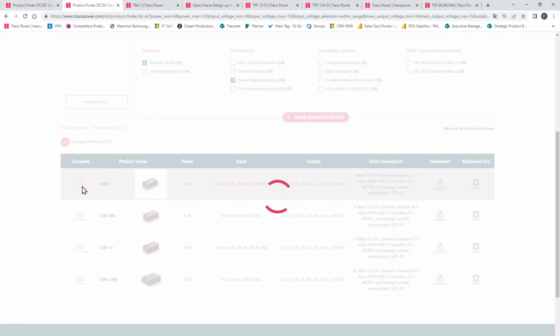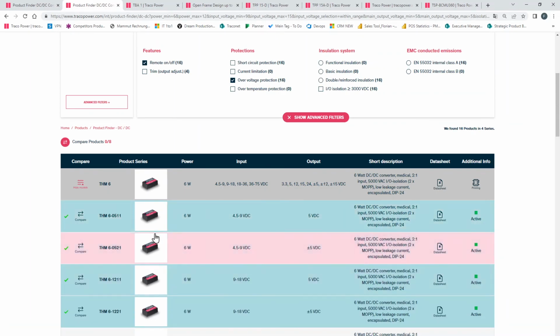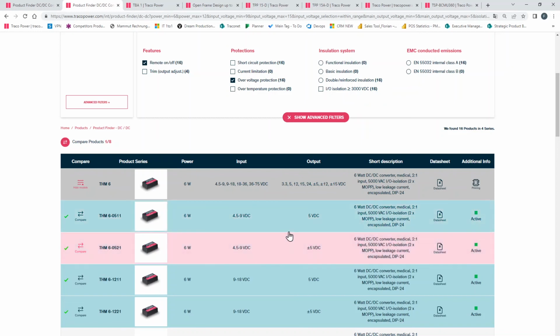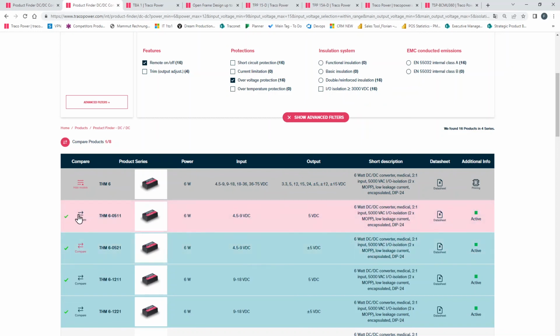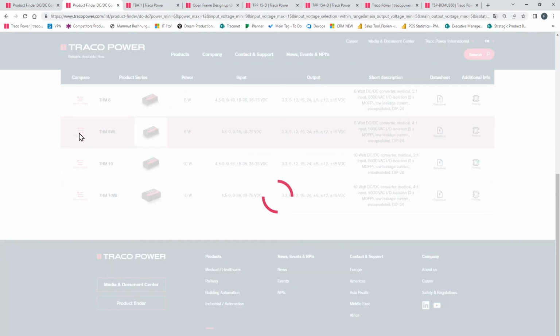What you can do is click on Show Models, and then add certain models to the compare basket. For example, you take this one. You want to know the difference between this. On the first glimpse, you see it's 6 watt power, input range 4.5 to 9 volt DC, and output plus minus 5 volt DC. Now, the one above, you look at that, and on the first glimpse, you see this is exactly similar. And then, for example, you open another series,